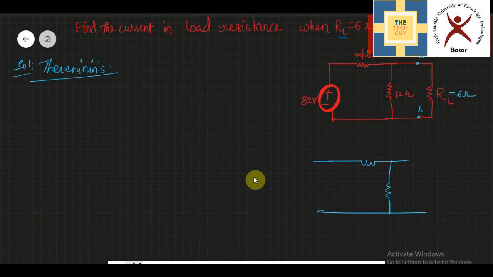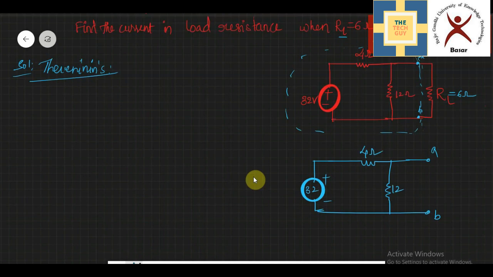Okay, 32 volts here, plus and minus. Here we have 4 ohms, 12 volts. So here we have A and B terminals. We have removed the load resistance across which we need to find our Thevenin's circuit. So we need to find this Thevenin's network here. This network should be replaced with the Thevenin's circuit. Okay, so this is the network we need to reduce into Thevenin's network.